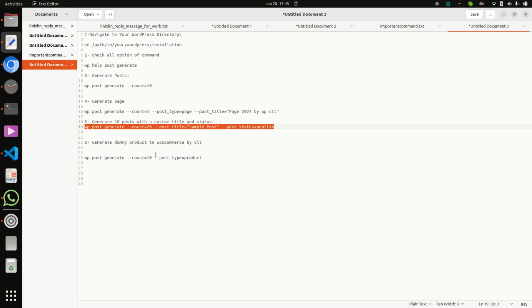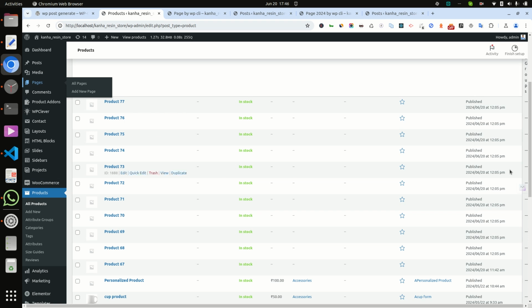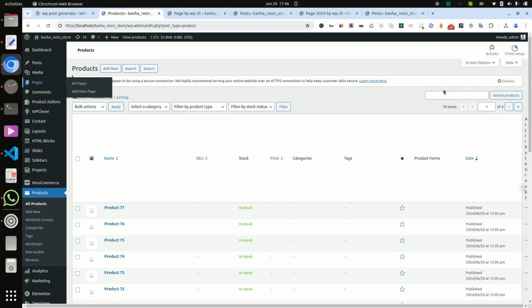And if the client or we have to check performance issues with WooCommerce, then we can generate products via this command. It is a simple command, and post type is product, and we can generate posts here. Now in the products, there are 78 products.